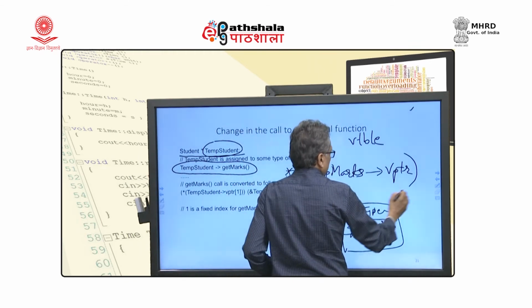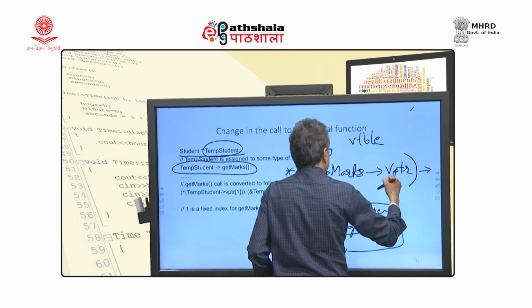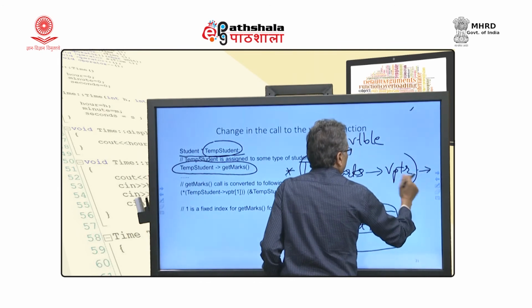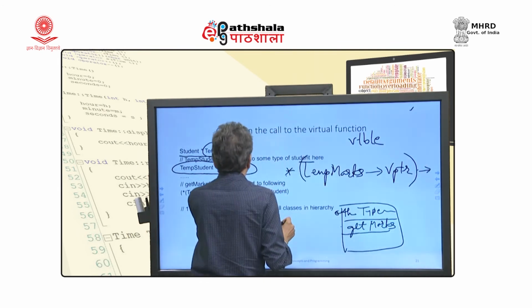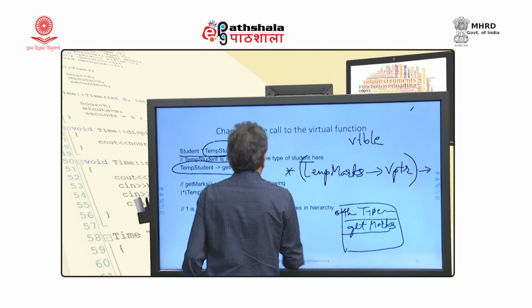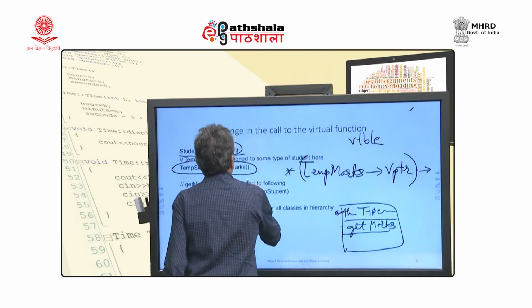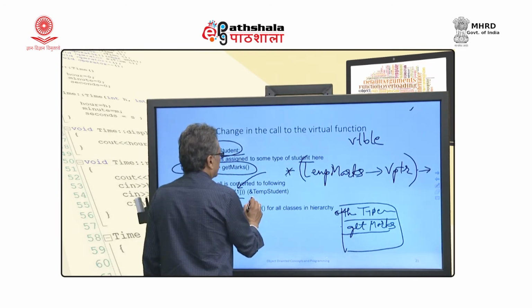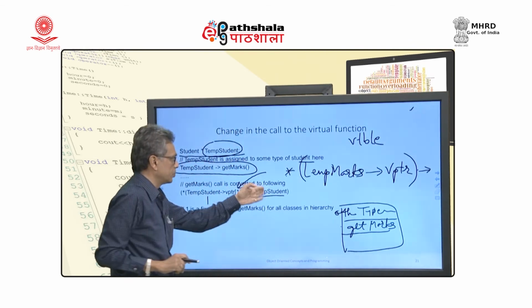Okay, pointer to this table. So, I will say that pointer, oh sorry, this. Okay, so this is the value, this is the V table, and I will just say that 1, the entry number 1, array 1. Okay. And what is the argument? Argument is the invoking object, this is this pointer.